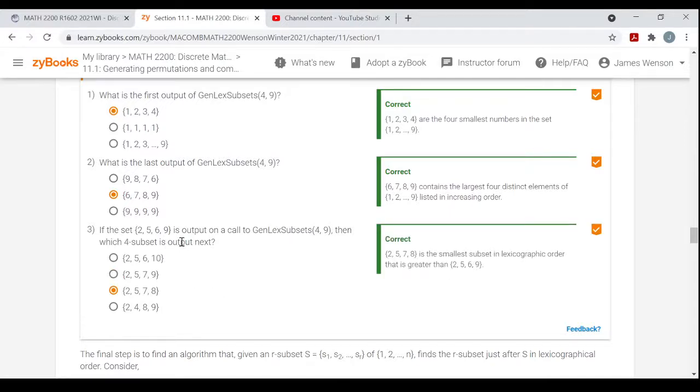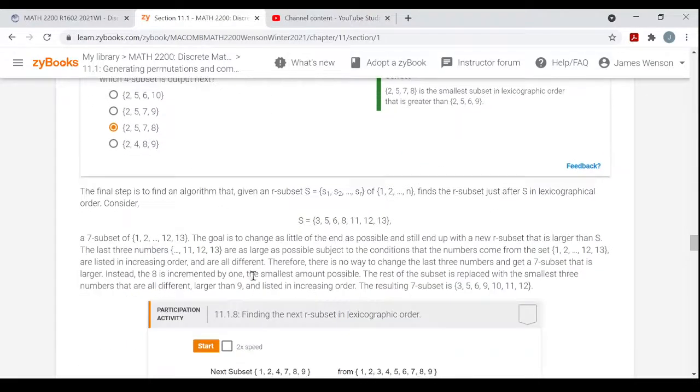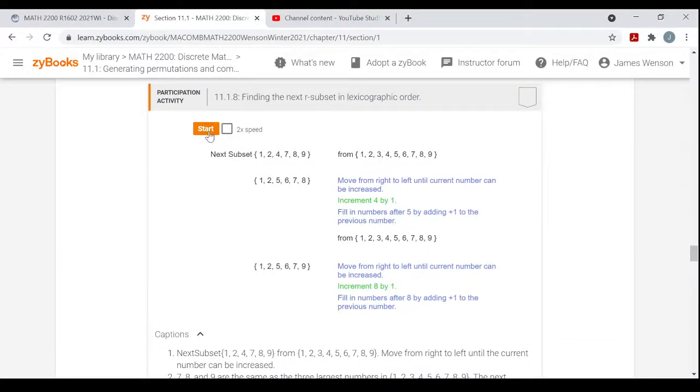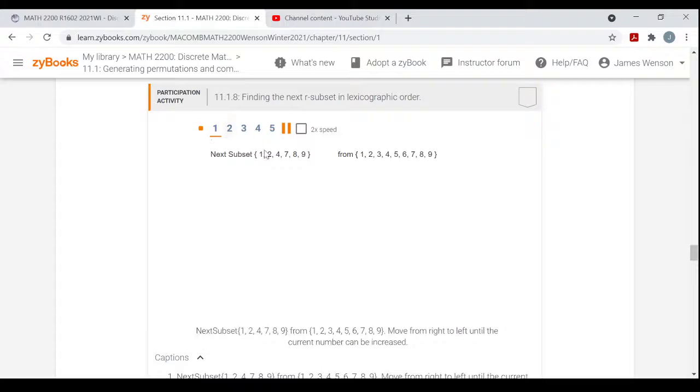And again, I rushed that one, but there's a nice algorithm, a nice way to do it that they're explaining again down here. So again, if I'm selecting, say, 6 subsets, subsets of size 6 out of the elements 1 through 9, and they say, what's the next one in lexicographic order? So again, I put them in order from least to greatest, and then move from right to left until the current number can be